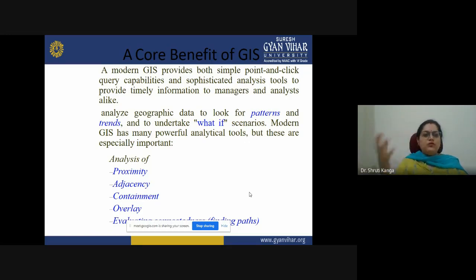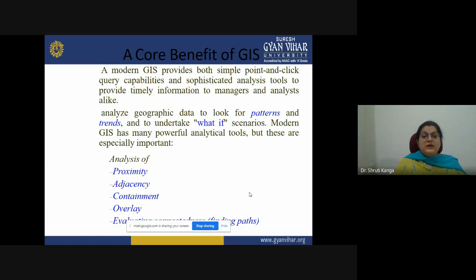Along with that, if we want the information about the complete area, we can have it in the form of attributes, which can be displayed with the map and give you brief information about the area in a single go.